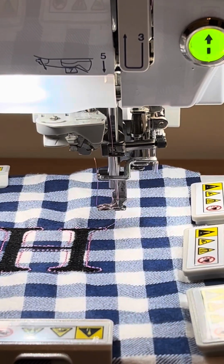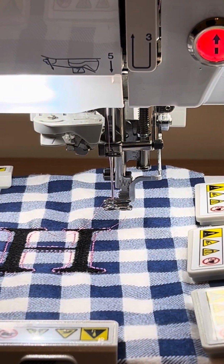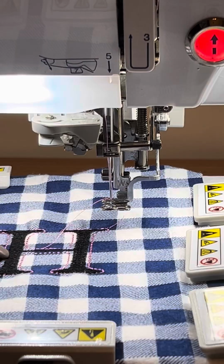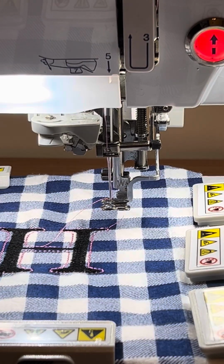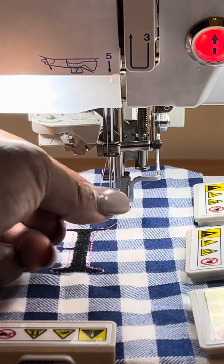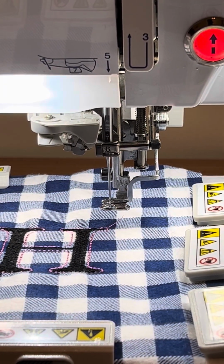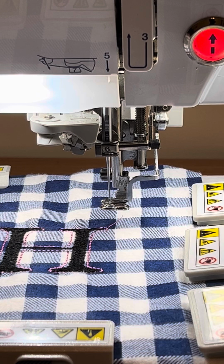So when I look at this pattern, it looks like maybe we're supposed to have just a little gap. I don't know if I like that, but we'll see. Okay. All right. So what I'm going to do is, remember we cut our thread from the top. We pull our thread from the bottom. Okay. And then we're just going to throw on